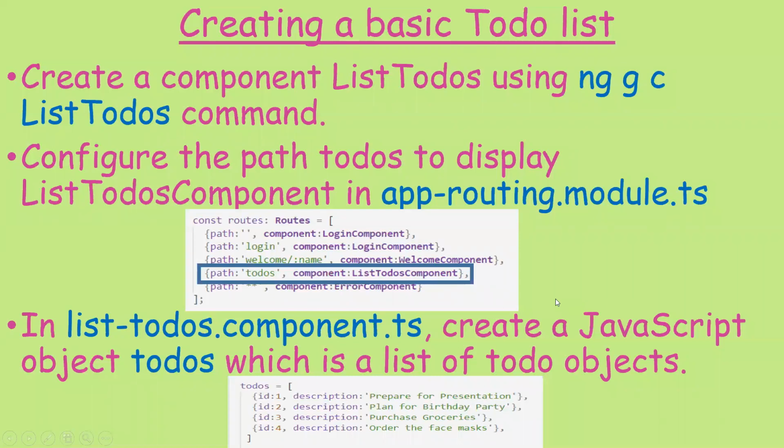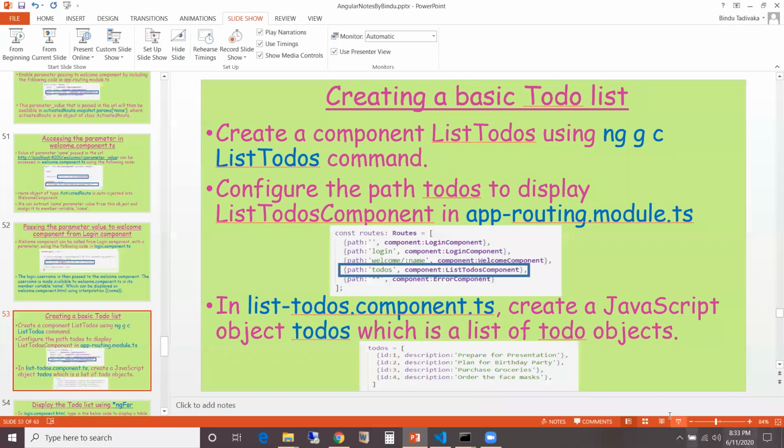So today we will try to create a basic to-do list. To-do is the list of items that we are planning to do. So we want to create that list, and in order to do that, first of all, we need to create a list to-dos component. And we can do it